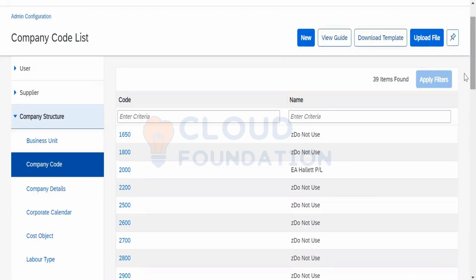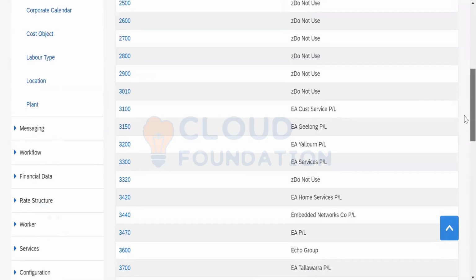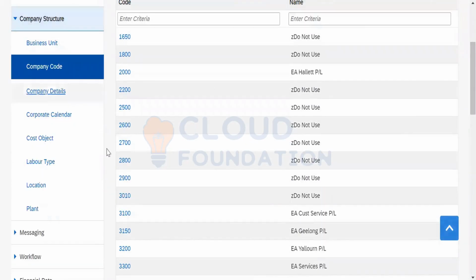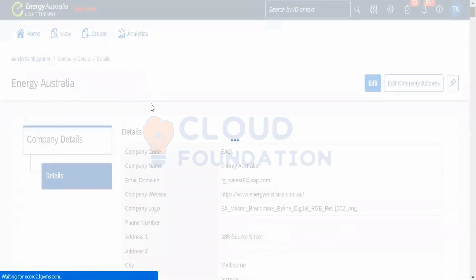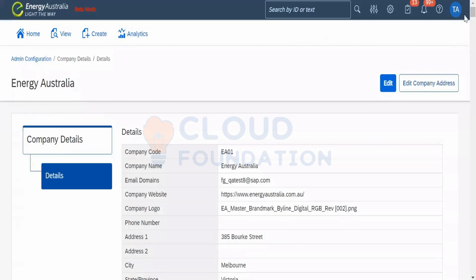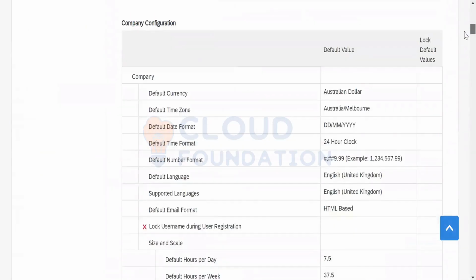If we have any new creations of business units or company codes, we'll do it manually, either in the interface or by using the connector. Company details is entered at the time of implementation itself by the field class. It just gives the company's info, not much about the cost object or the cost center.